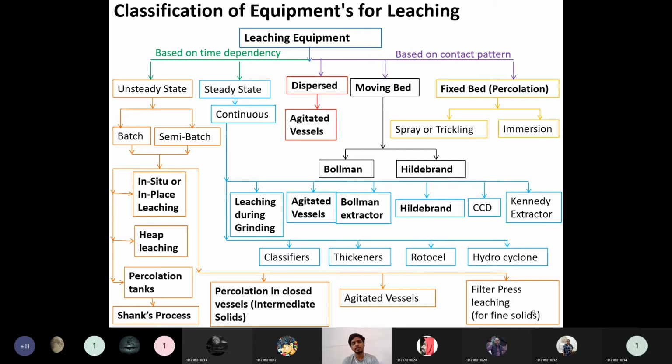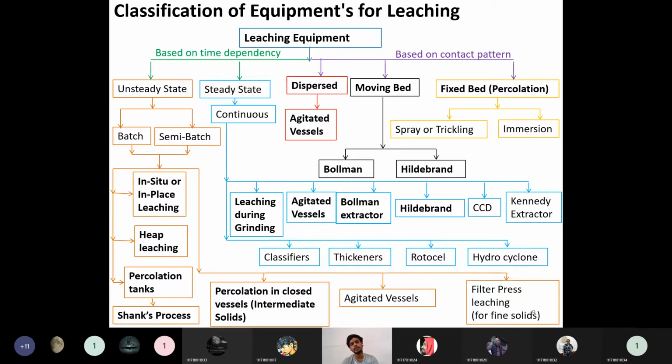Wet grinding is nothing but some solvent or some water content is sprayed in order to lower the short circuiting, or lower the heat which is generated during grinding. In order to extract that heat, wet grinding is employed. Similar is the case here. During the grinding itself, some solvent will be applied. Best example is gold extraction.